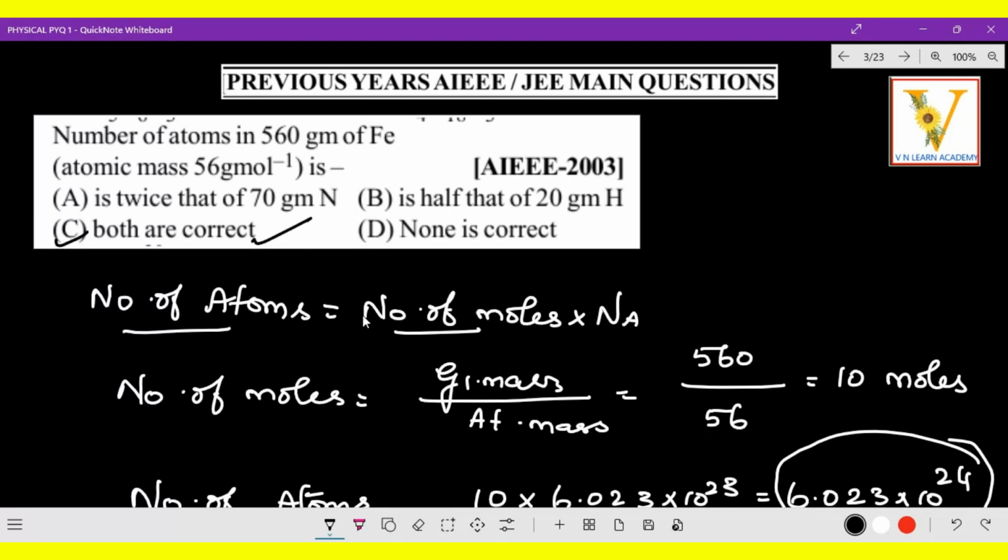I hope you got that idea. So this is number of atoms. Suppose if they are giving such kind of question, you just go for number of atoms equal to number of moles into Avogadro number. That is a simple way to identify. Number of moles we have to identify, no? Given mass by atomic mass. Suppose if it is a molecule, given mass by molecular mass. Yes, got it. So I think you got a clear idea about this question. I got that option C is the correct answer. Come on, let's go to the next question.